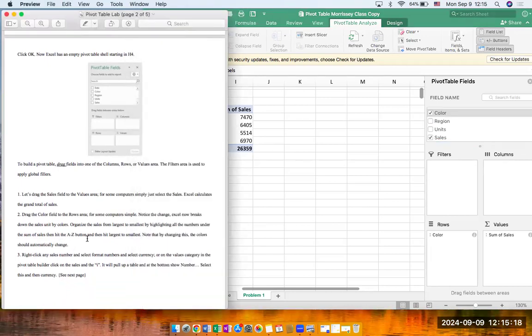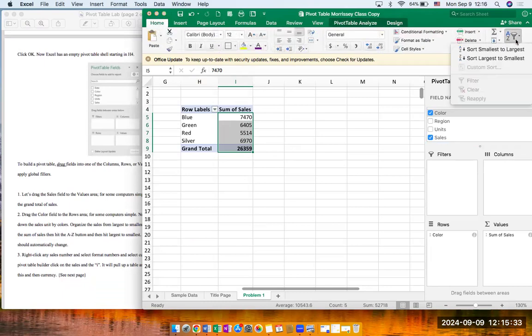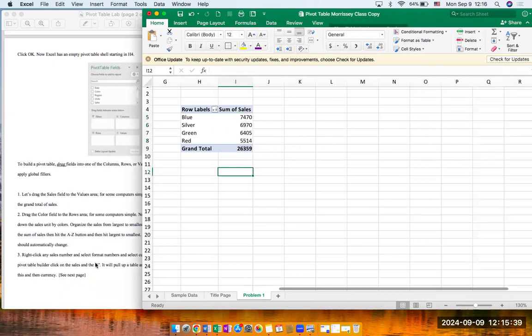Now let's go ahead and organize your data to be in numerical order, so greatest to smallest. By doing so, we're just going to highlight your numbers. Don't highlight the sum of sales, but just highlight your numbers. Going over to the home and then over to A and Z and sort from largest to smallest. Now,